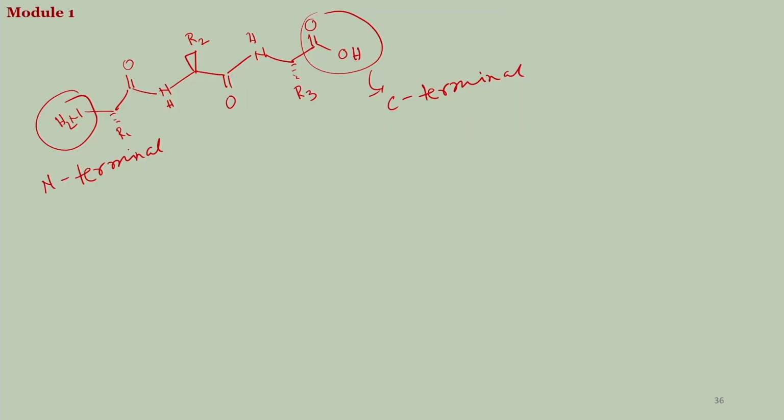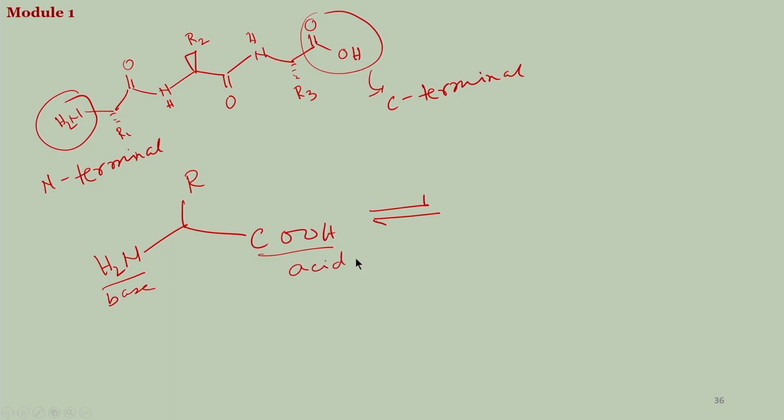So, before going to the whole protein structures, I will come back again to the amino acids, and there is a property of amino acids which you already know, that I will just briefly discuss. So, I am not writing the stereochemistry now. R, COOH, amine, this is the structure of an amino acid, and as I have mentioned, it has a basic group which is the amine functional group, and it has the acid group, and this is acid. So, when you keep a base as well as an acid together, mix them together, then